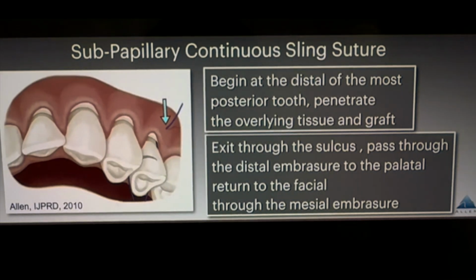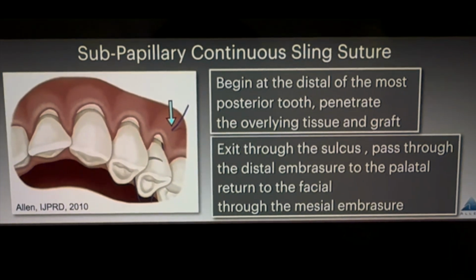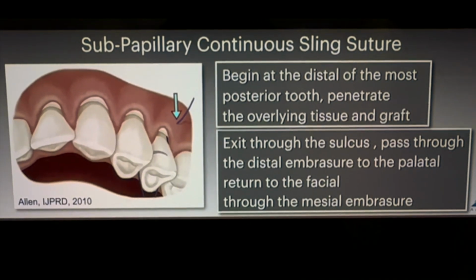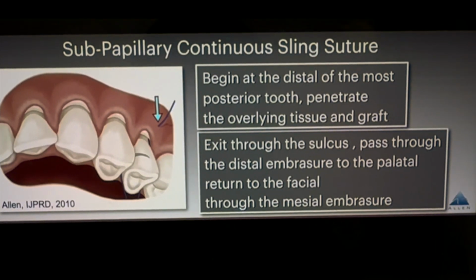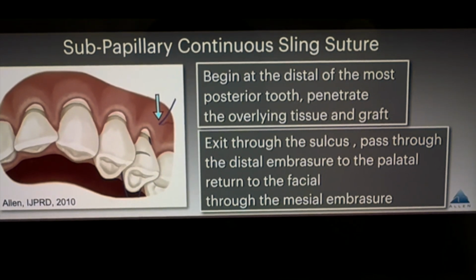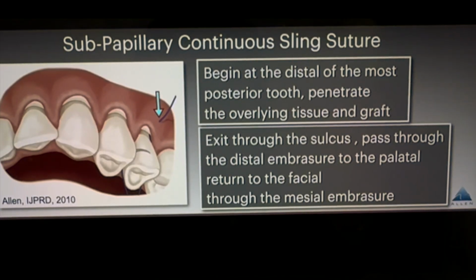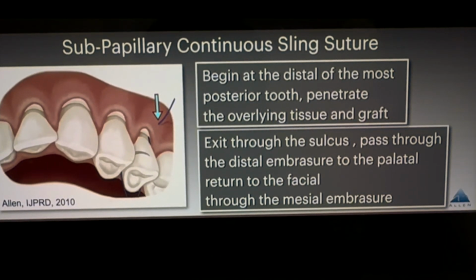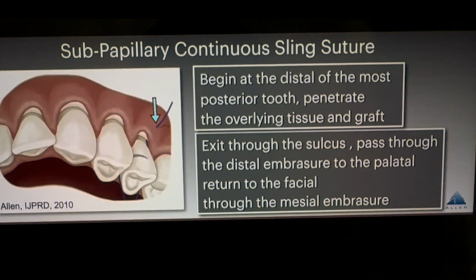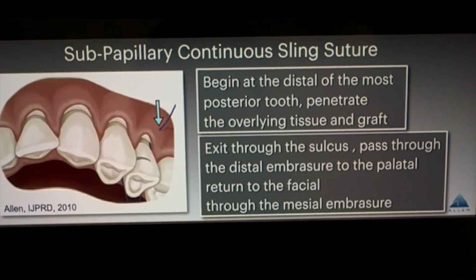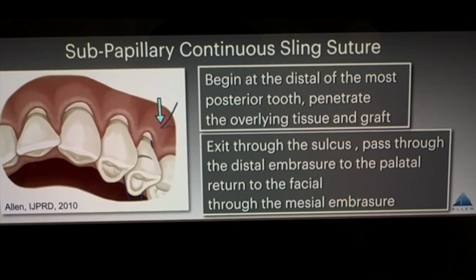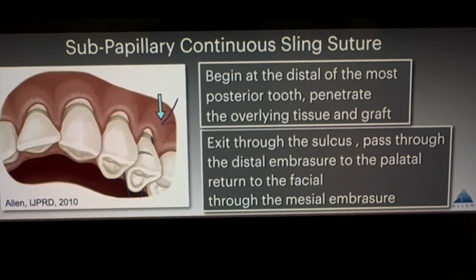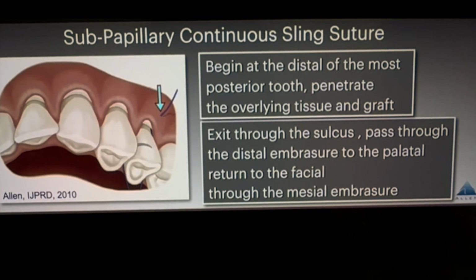So I'd like to talk about the suturing because to me this is one of the main features of the procedure, and I use a continuous subpapillary sling suture to bring both the overlying tissue and the graft to the CEJ simultaneously. So I will start at the most posterior tooth, engage 4 millimeters off the margin at the root line angle, exit through the sulcus, and go through the embrasure, around the tooth, palatally, back to the facial, through